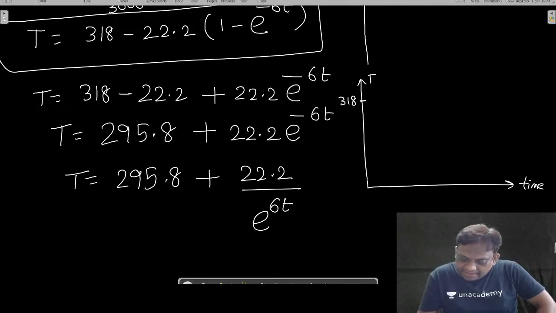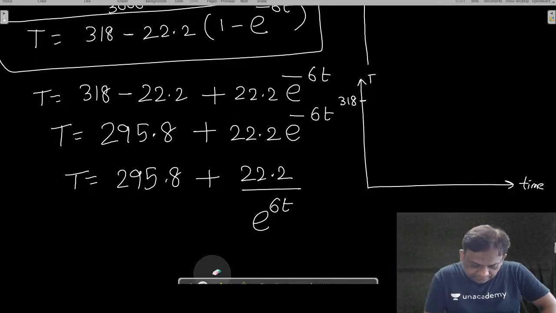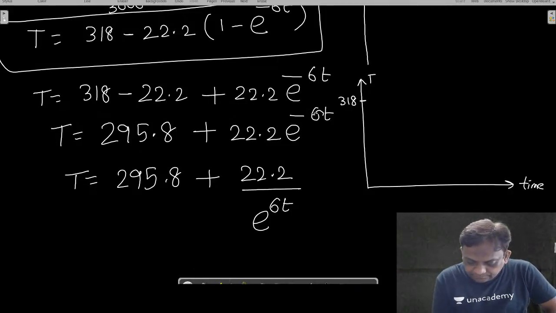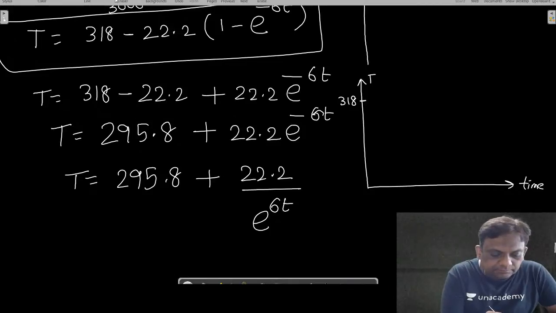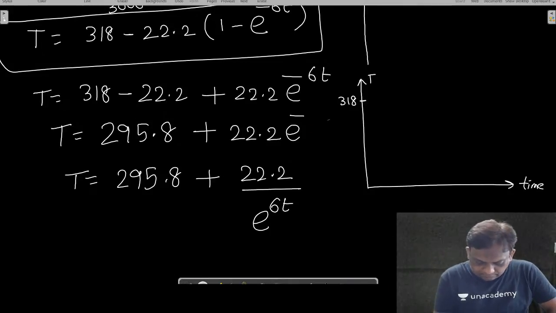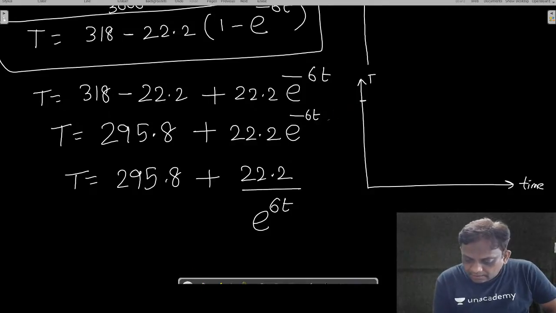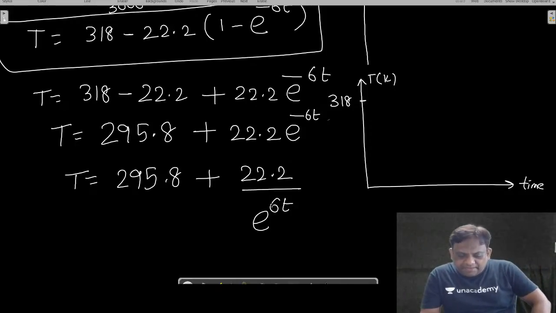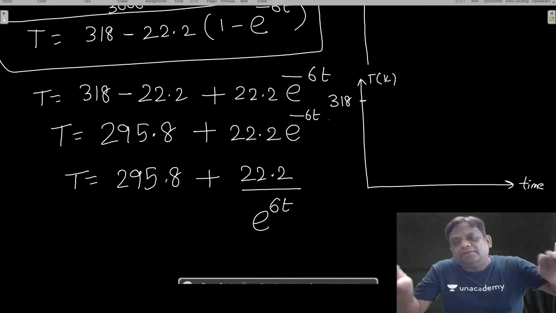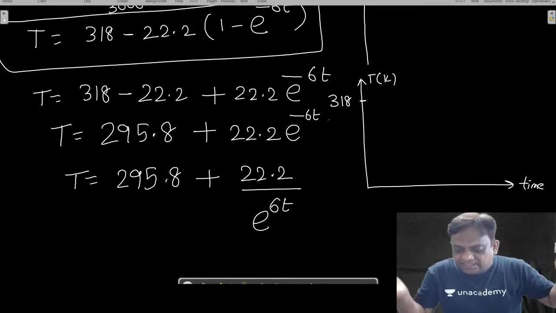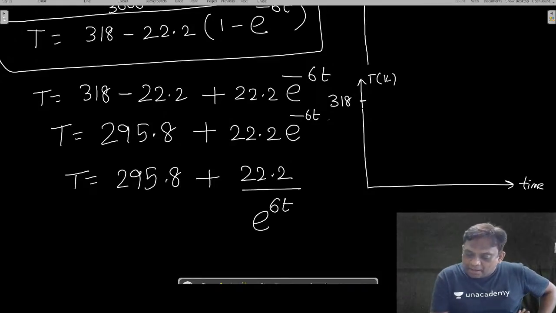टाइम 0, टाइम है, यहां पे टाइम है. फिर से बता रहा हूं, सुनो. एक सेकंड प्लीज. Initially the temperature, this is in Kelvin. जब टाइम 0 है तो e power 0 कितना होगा? 1 होगा. So this, when you add, you are getting 318. Already we know that initially the temperature is 318. अब कैसा डिक्रीज होगा?